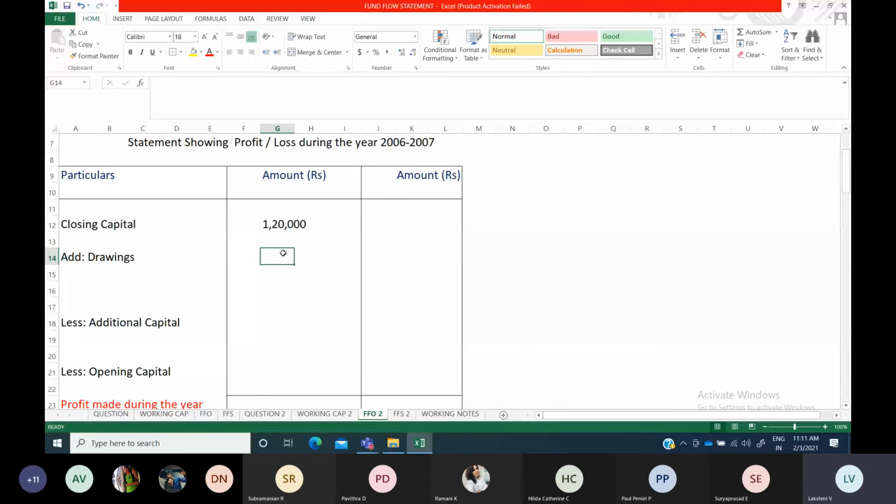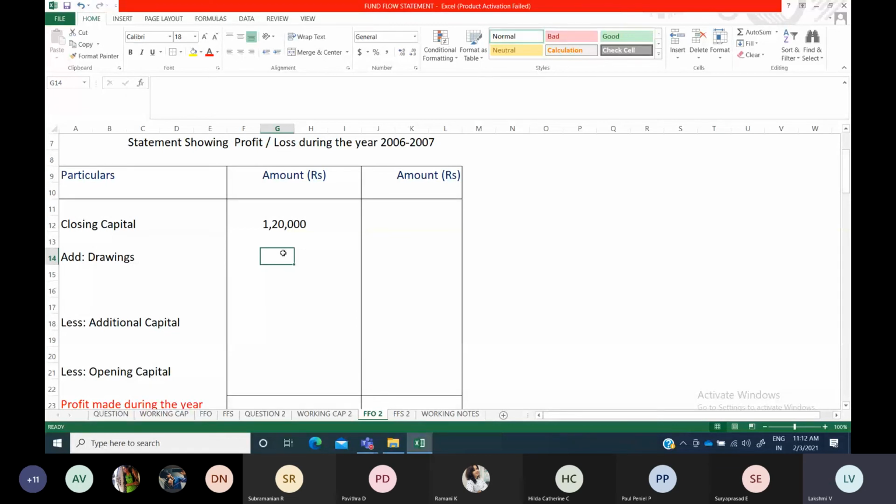So profit information is not there. You should not see that the question has no profit, net profit, or balance sheet profit and loss account, and think, how can I calculate funds from operations? You should not think in that way. If it is a sole trader concern, the question itself will mostly mention sole trader. If they are not mentioning it, you have to see whether it is a company, where words like private limited or limited are given, or a person's name is given. From that you can easily identify whether it is a sole trader business or a joint stock company.